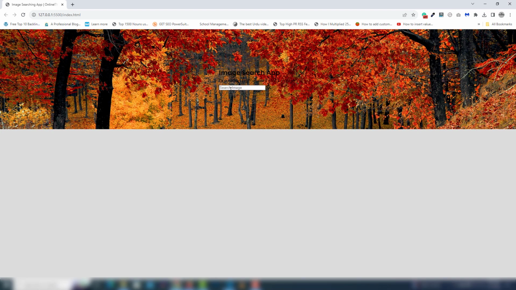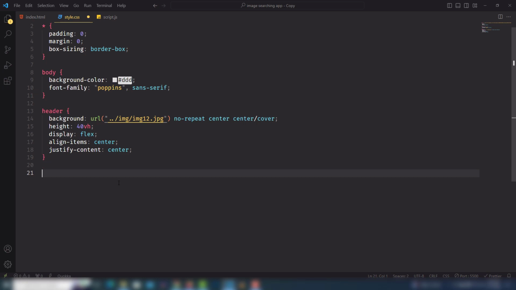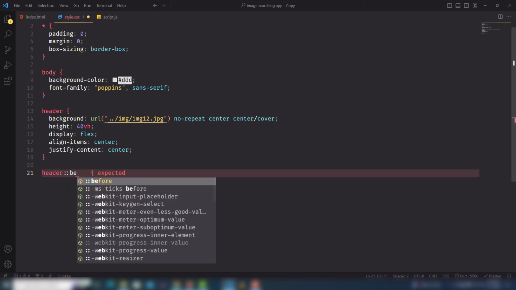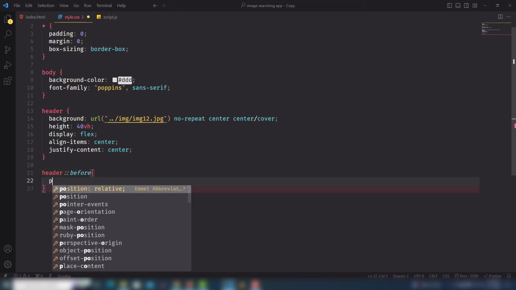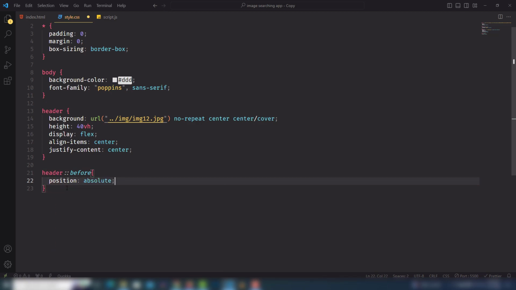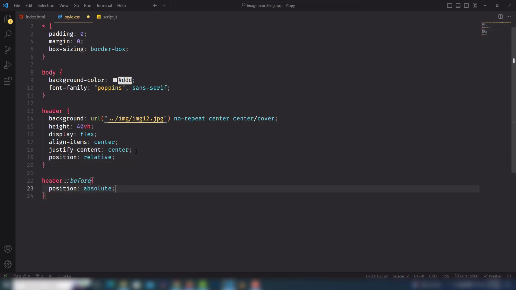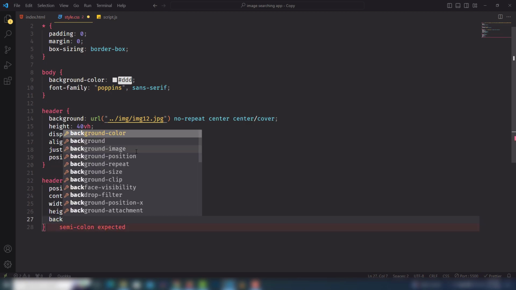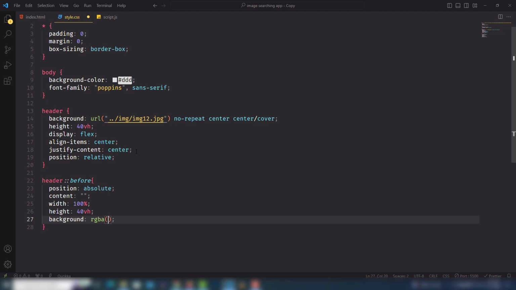And also I want to display an overlay background inside the header section, so I need to select it, use colon before, and we need to use position absolute, but also we need to use position relative inside that. Then you need to use content none, width 100%. Height you need to use the same as what you have used inside the header, and then you need to use background RGB